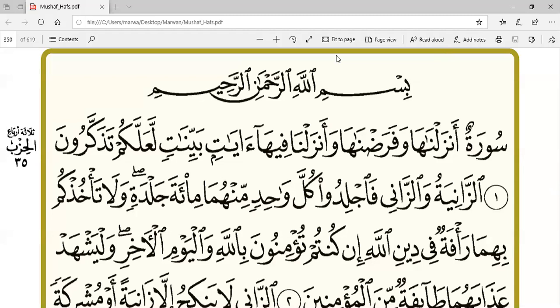Today we're gonna review the first 9 letters that we studied. A, ba, ta, tha, ja, ha, kha, da, tha. 9 letters that we did together. What we're gonna do today is I'm gonna go through 3 lines, 3.5 if you want to call them, from the Quran. We're going to try to identify those letters that we know and pronounce them, always assuming that